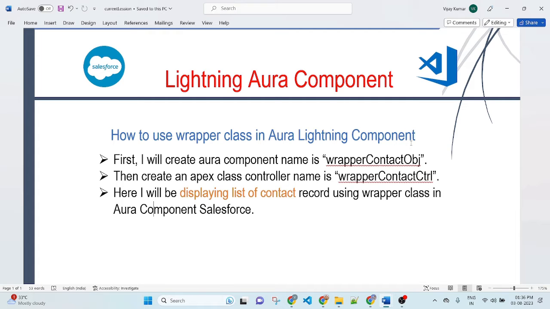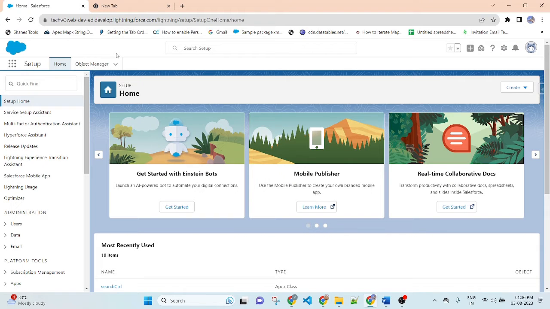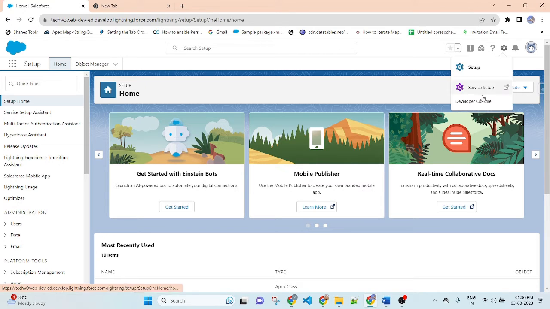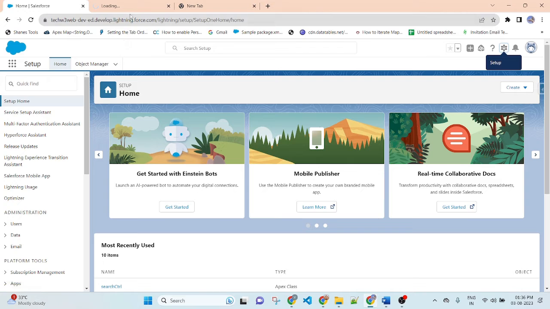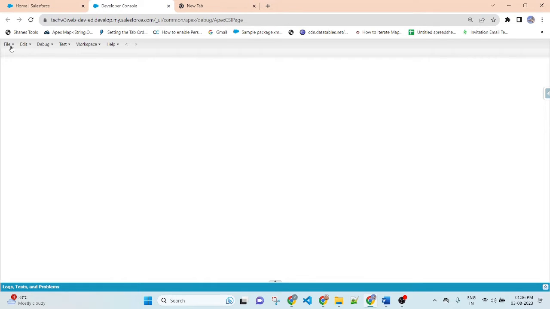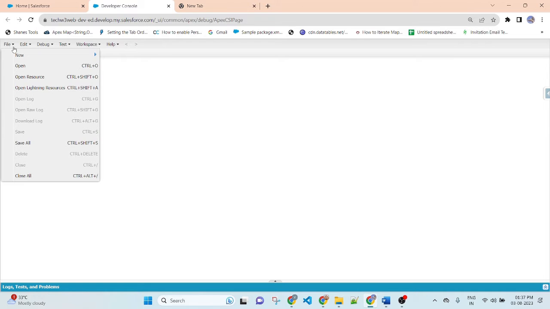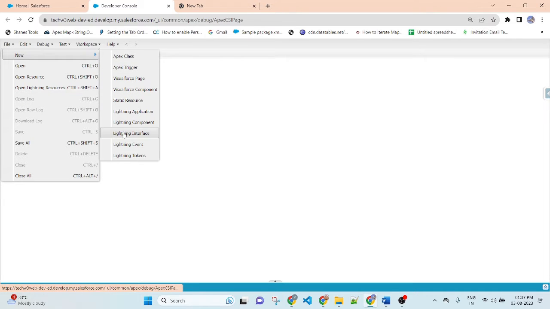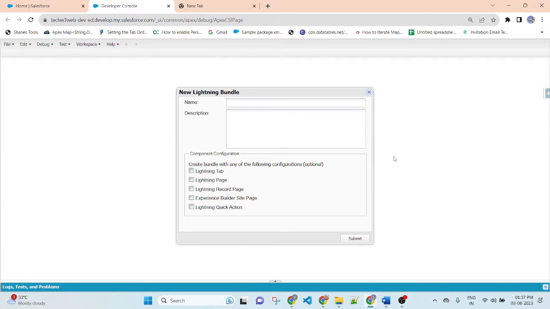So let's jump to my Salesforce org. This is my Salesforce org. First I will open the developer console to create a component and an Apex class controller. Here, file, new, and create a Lightning component. Select Lightning component, then write the name of the component.